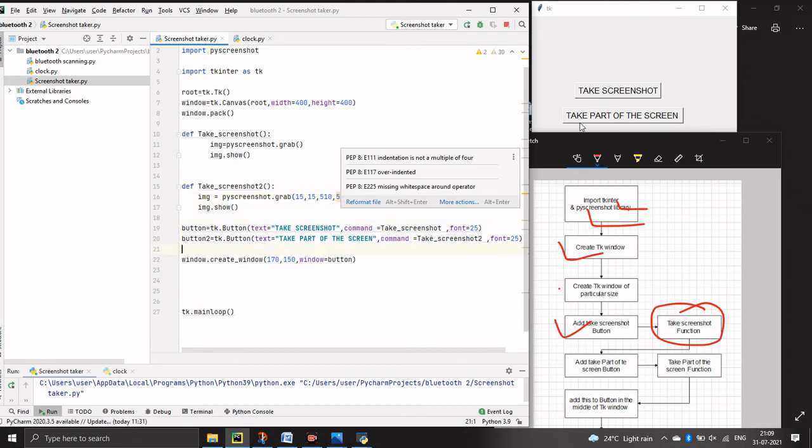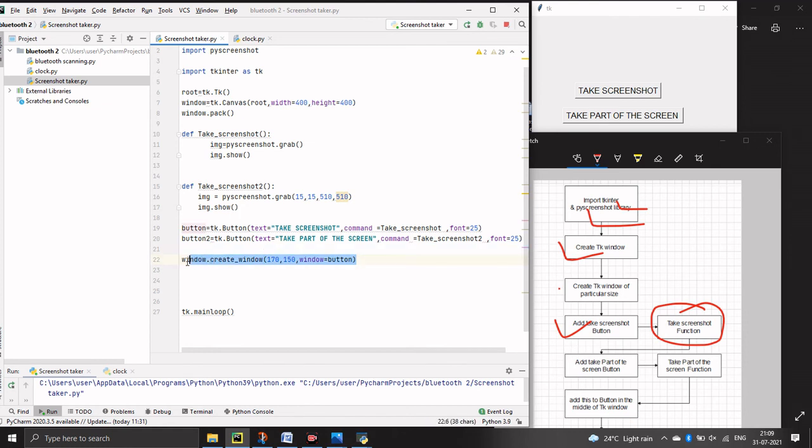So the next step is to adjust this button below the take screenshot button. So we have to create this part of the button. Let's create it the same as the take screenshot button. Just copy this and paste here.